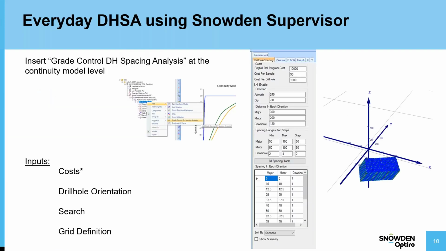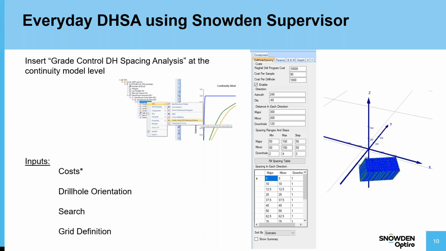So let's move on to Snowden Supervisor. Once you have declustered and top cut your data, you've modelled your variogram, you can insert a grade controlled DH spacing analysis at the continuity model level. There are two main tabs which you can modify to get your simplistic drill hole spacing analysis going. The first is the drill hole